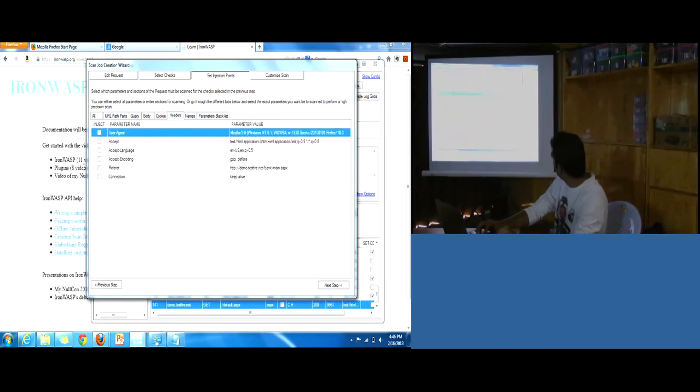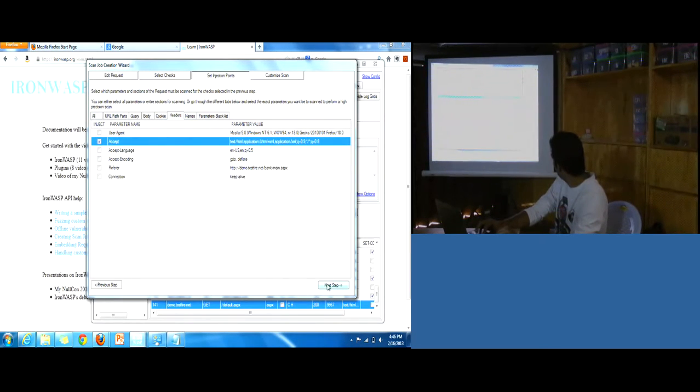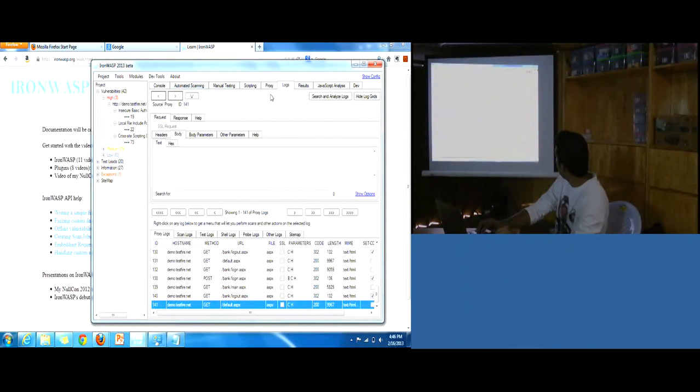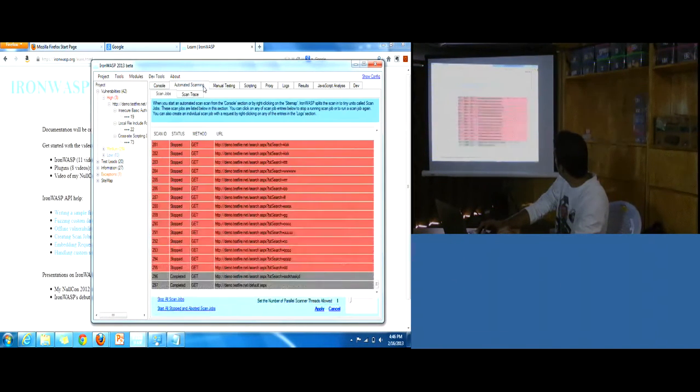I'll inject the header parameter. Now I see that the plugin is listed. I'll select that and start the scan. The scan is running, and I guess it's complete as well.